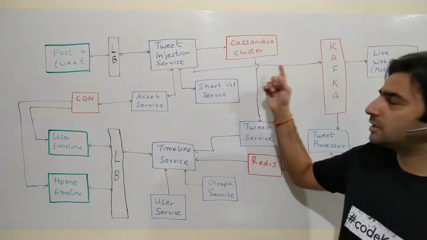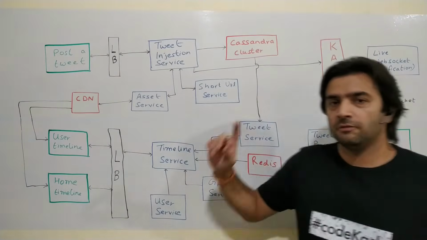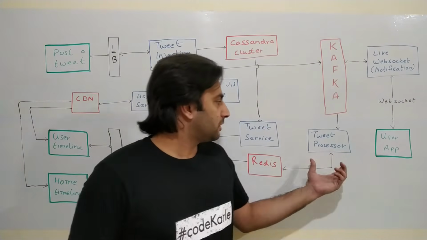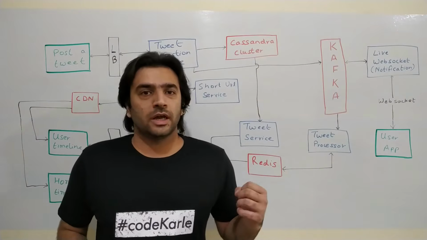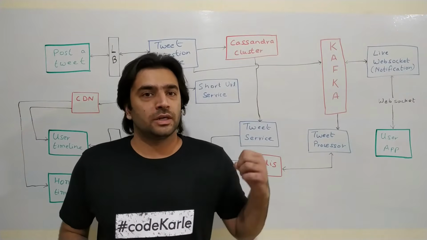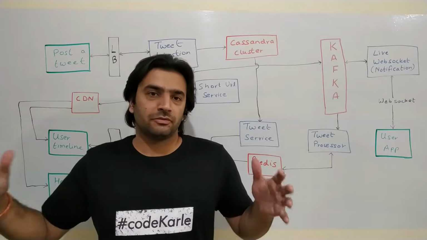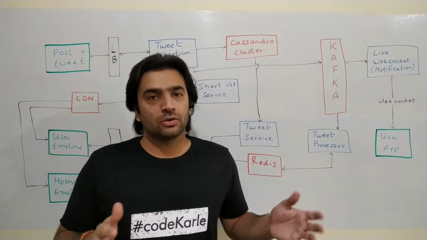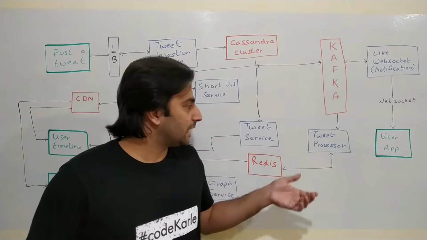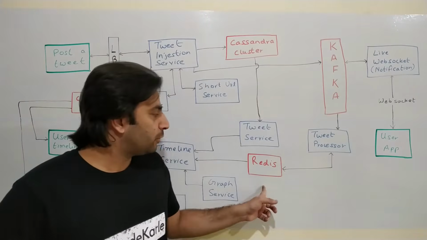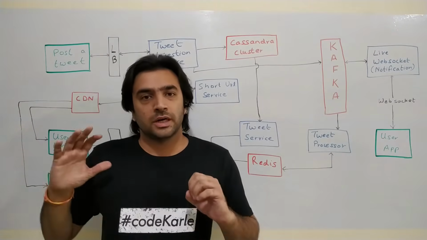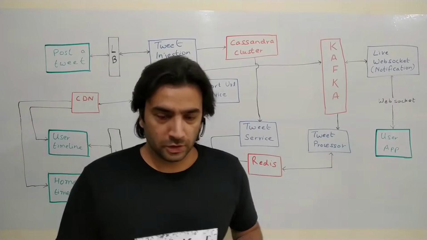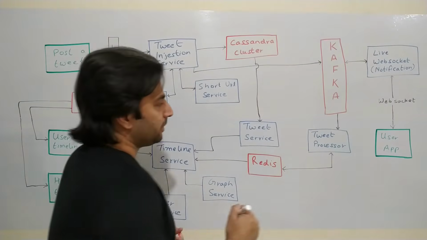So remember now, whenever people are tweeting something, it is going to a Kafka, and now there is a tweet processor. What that tweet processor does is it sees that, okay, user one has tweeted something. Now let me try to get their followers. Let's say it figures out that there are some users whose timeline needs to be updated, because this tweet will now show up in all of those users' timelines. Then it will create the timeline for all of those users and put it in this cache. So now when those users try to come on their home screen, they just do a cache lookup and their view is sorted, right?